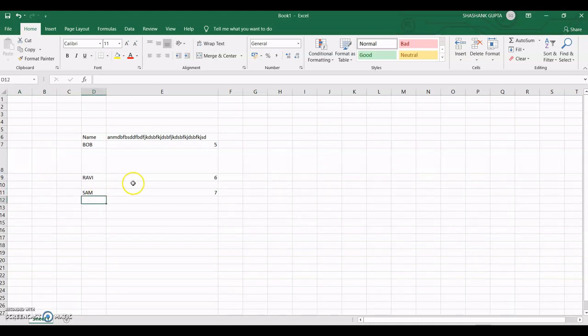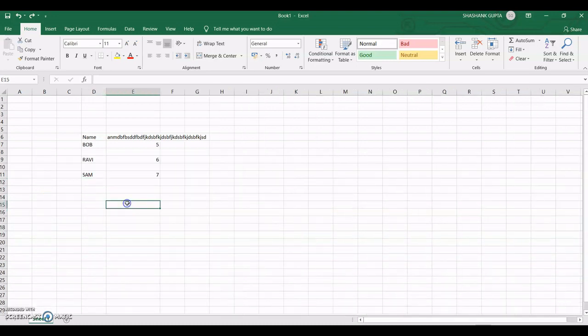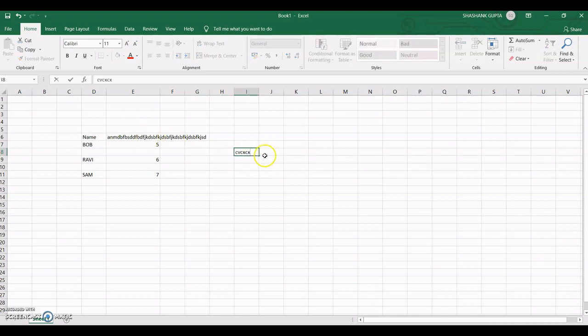Okay, now we are going to discuss merging of cells. So what about merging? Merging cells is a feature that allows multiple adjacent cells to be combined. What is an adjacent cell? This is a cell where I'm writing something, and this is another cell, so both are adjacent to each other.